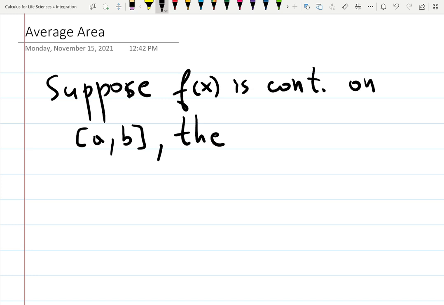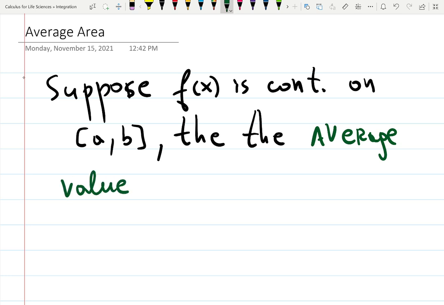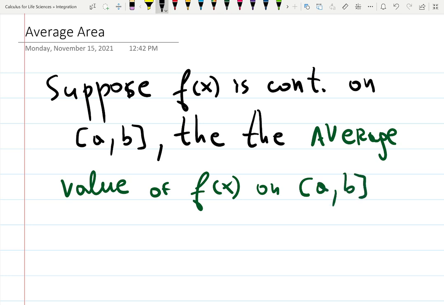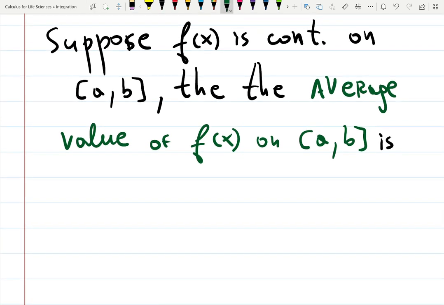Then the average value of f of x on a, b is, I can see in this book they call it F with the bar. That is not known information internationally, but let's keep it. F with the bar, okay, that's totally a local thing to decide, which is going to be,